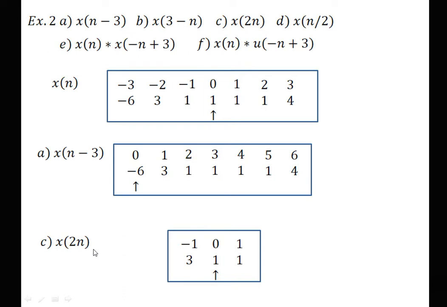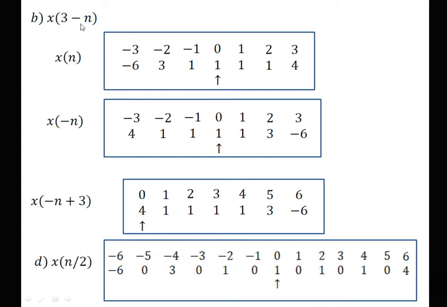X of 2n. 2n is nothing but the downscaling of the signal, that is, the signal gets compressed. Now here the factor is 2, so we are taking the values from the signal which are the multiples of 2. So we are taking 0, that is, at the 0th location 1 is there, we are directly taking. After that we will skip the value at location 1, and take directly at location 2. So at location 2 the value is 1, and 3 is not possible. Then on the negative side we can take minus 2 whose value is 3, and they are represented as 0, 1 and minus 1.